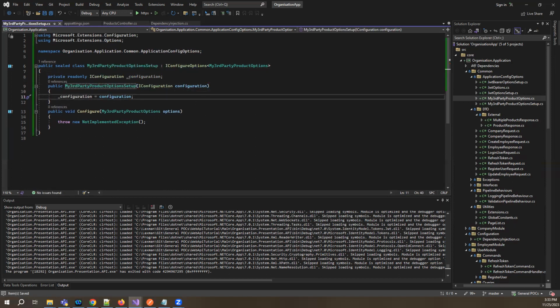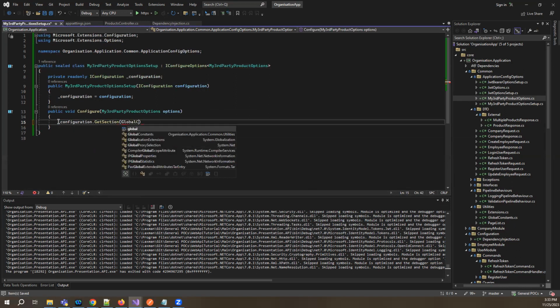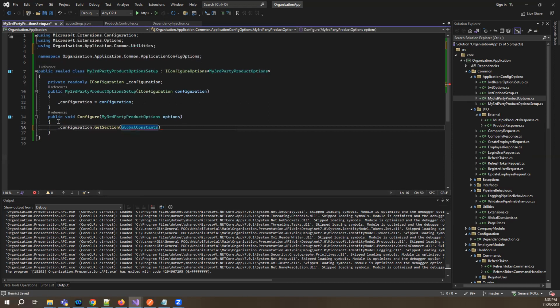Okay, and here I'll say underscore configuration dot get section, and we'll just use the global constants dot configure sections dot my third party product options, which is my third party product options. Okay, and then let's say bind it